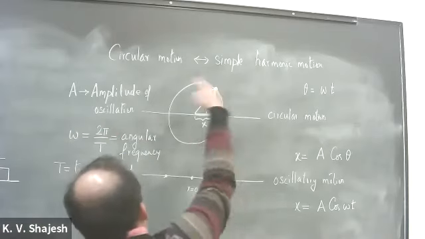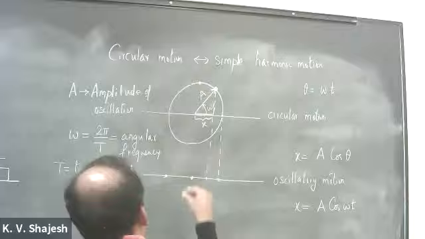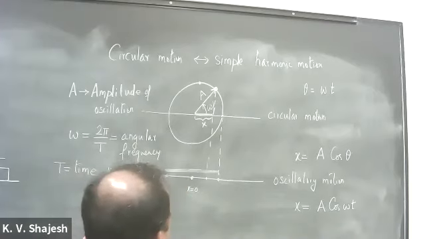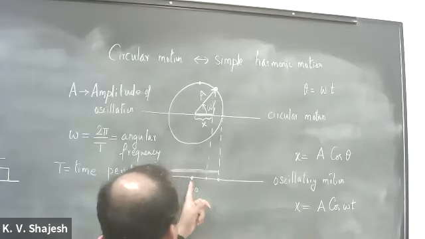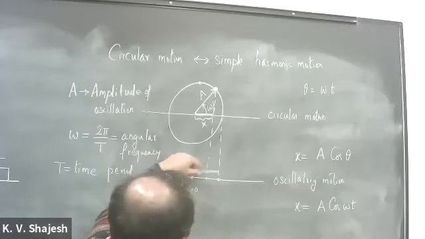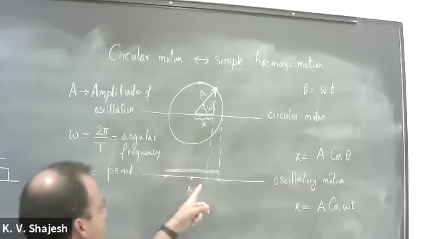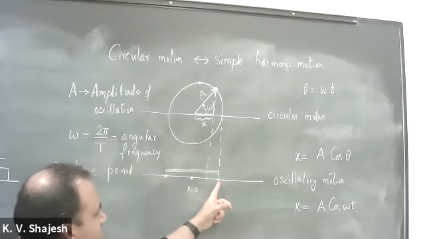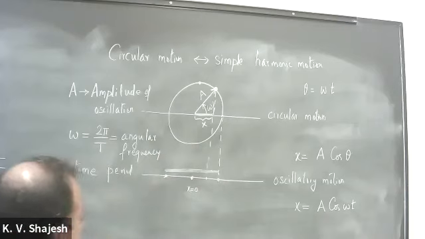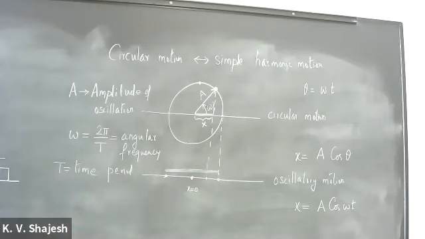So again, something going in a circle, but its projection is actually an oscillation. But this oscillation is not a trivial oscillation. It's not a normal motion, in the sense that when the particle is at x equal to 0, its velocity could be maximum, and when it is right at the extreme point, it could be coming to a rest. So this is not a uniform motion. In fact, it is having a cosine function associated with it.